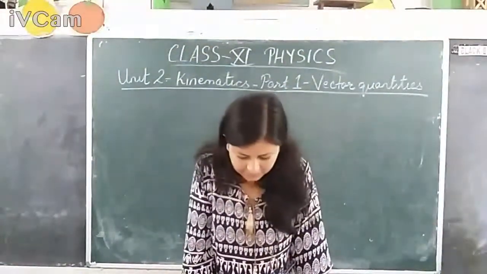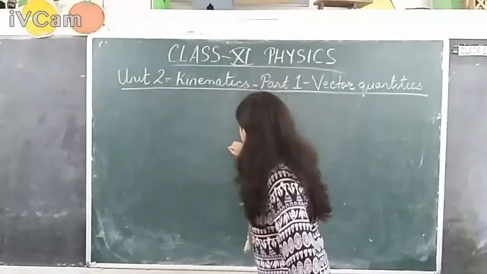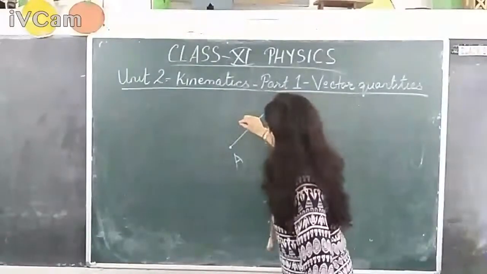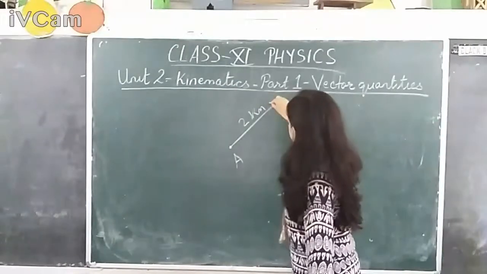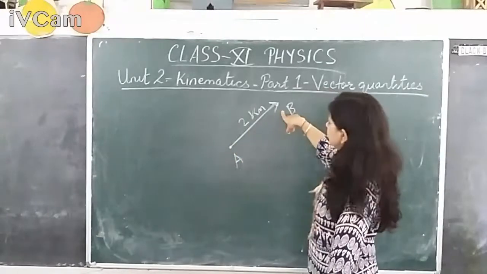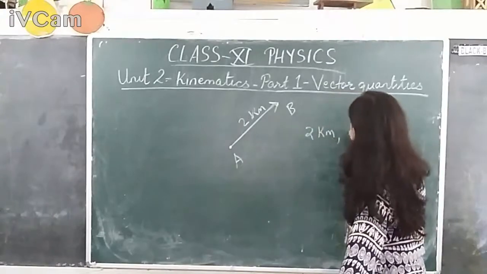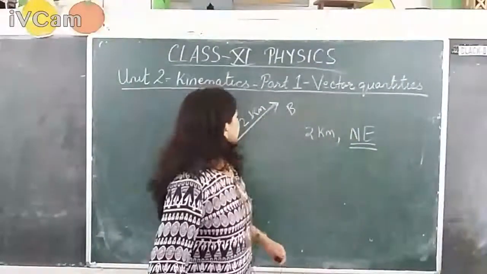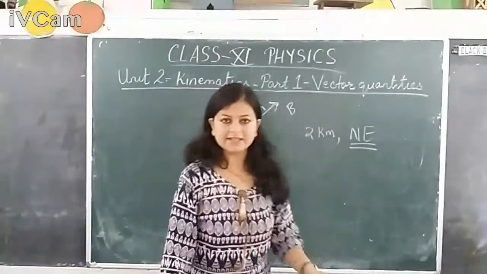Now coming to examples of vector quantity, we have displacement. Suppose you move from one point to the other, covering maybe 2 km, and you are going in this direction, that means northeast. To express the displacement covered by you completely, you have to say I covered 2 km towards northeast. Now this happens to be your direction. So vector quantities need a magnitude and a direction to describe completely.